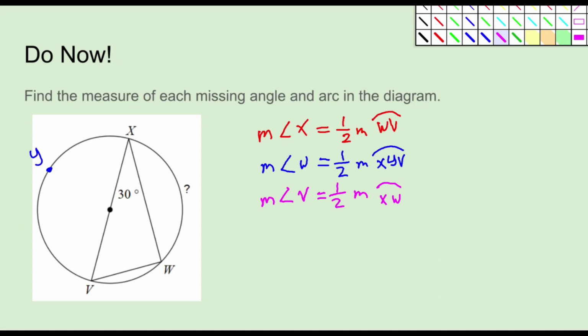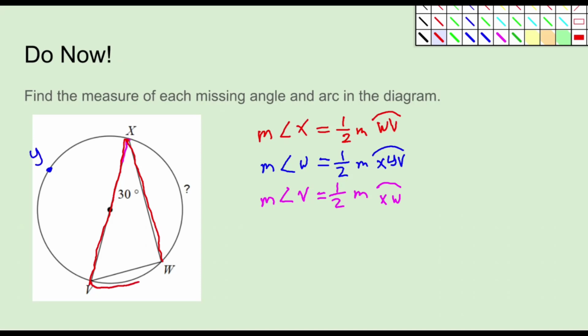First, I wrote down a couple rules here. What we should know about our inscribed angles is that the measure is half of the measure of the intercepted arc. So let me just show you the first rule here. The measure of angle x. So that means there's an angle x. Let me change colors. Here's angle x. Let me just highlight that. So this is angle x, and what it says is that this angle is half the measure of the arc